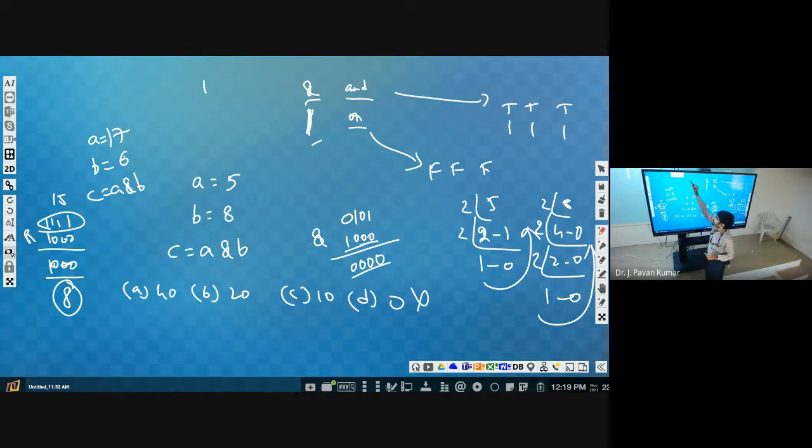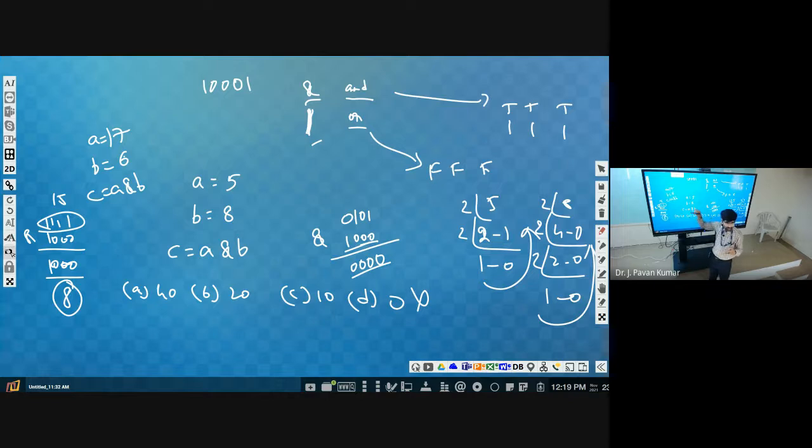What is the binary equivalent of 17? It is 10001.